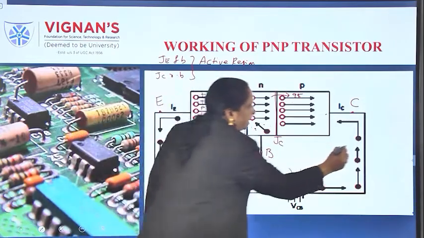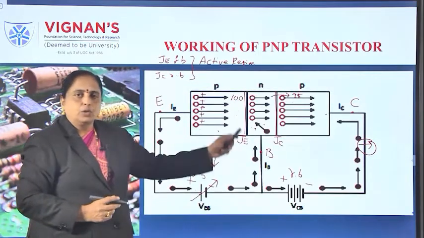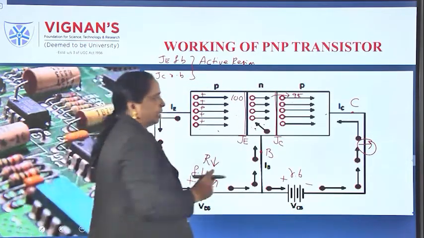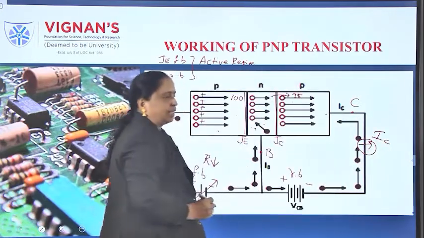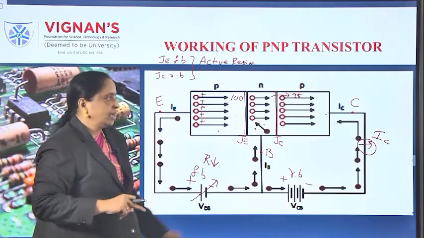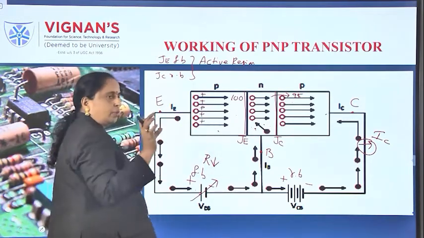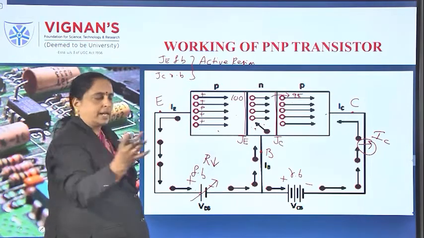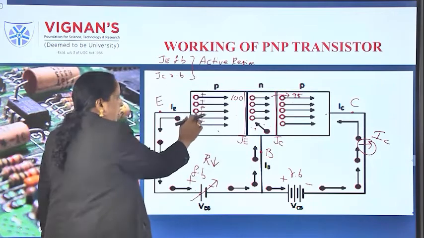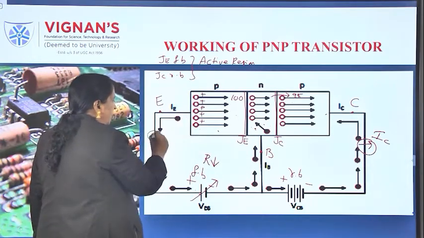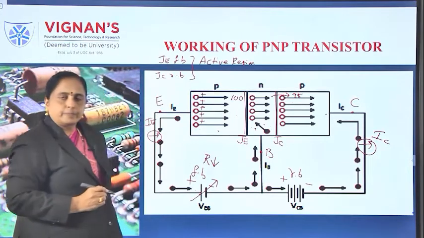If you connect any ammeter here, you can read the current. That current is known as the collector current, because the charge carriers are moving towards the collector. Similarly, as the covalent bonds were broken, holes and electrons are created. Holes will stay there and they will continue the process of moving. Electrons are coming out. If you connect any ammeter here, that is known as the emitter current.